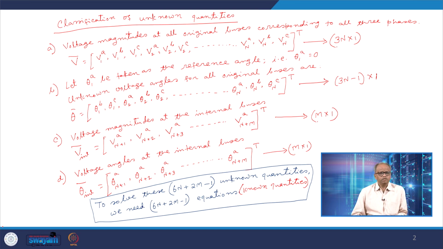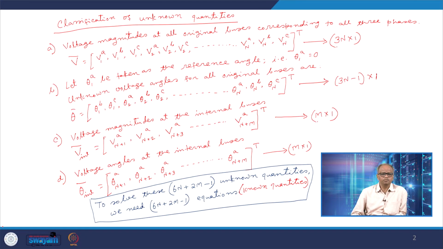And we have said that if there is a generator bus which is connected at original bus number i, then the corresponding internal bus would be numbered as n plus i, and that is the convention we have been following. So, we said that my voltage magnitudes are nothing but Vn plus 1a, Vn plus 2a,